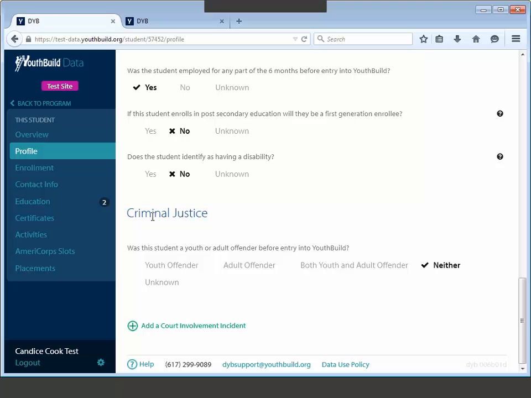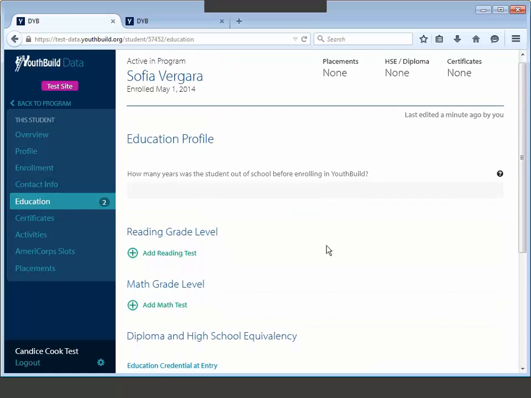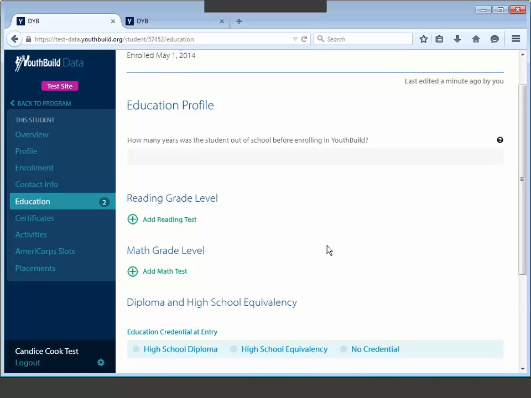We saw the issue counts go down. We've got no more outstanding issues on this page. So maybe it makes sense now to actually go to the education page and take a look at what outstanding questions are there. And like I said before, on the education page, we're really entering a lot of primary